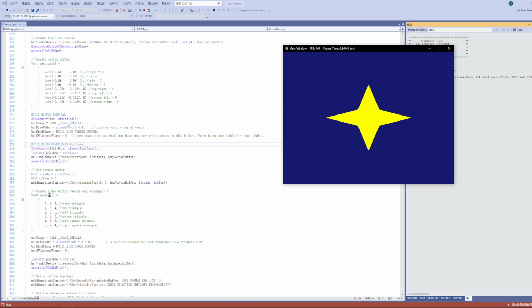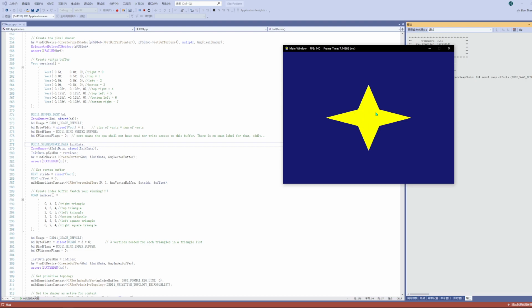And for the winding, I also label all my winding triangles right here. So we have 6. We're supposed to have 6 triangles in order to draw this pattern. So red triangle 0, 0, 4, 7, top one, and then left one, then bottom one, and we have this one. You can treat this middle